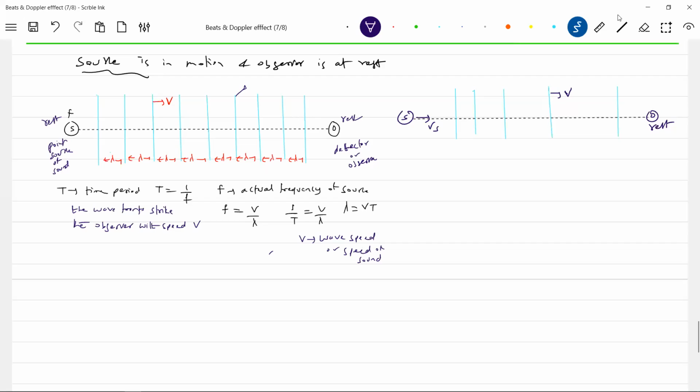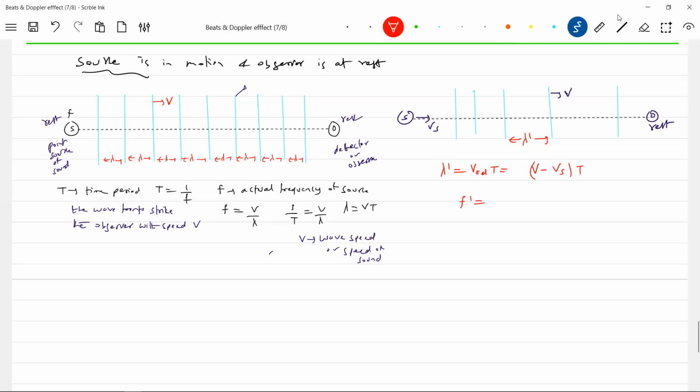So then what is the speed of the wavefront? It will become v relative. So the wavelength is going to change now. The distance between the wavefronts is changing. So lambda dash is going to change. So this lambda dash is what we'll try to express. Okay, how to bring that one? Lambda dash should be equal to v relative into t. So this will be v minus vs.